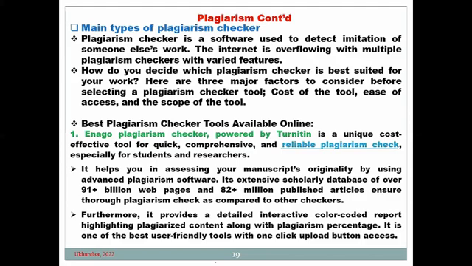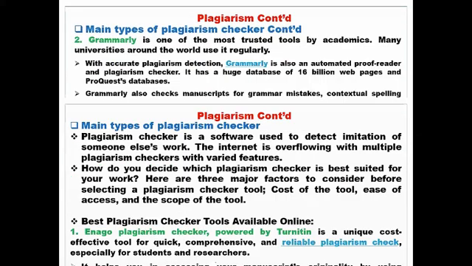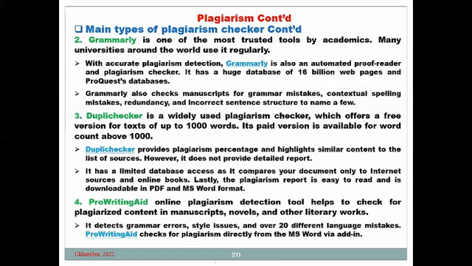I will not have time to begin to explain them, if you have my slide. Then you have the one they call Grammarly. Grammarly is of two types. They have the one online you just use. That one is weak. The Grammarly you pay for is the one I'm talking about here.